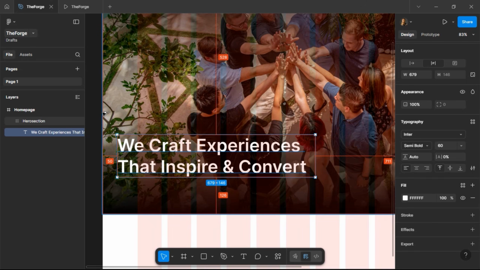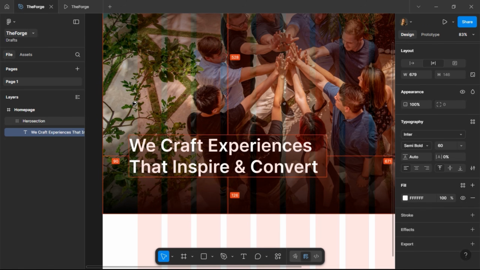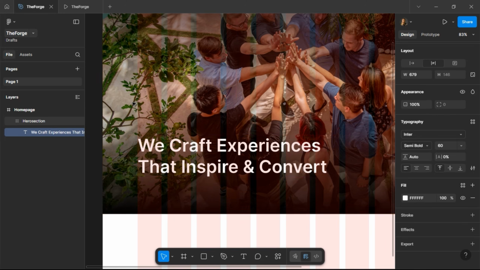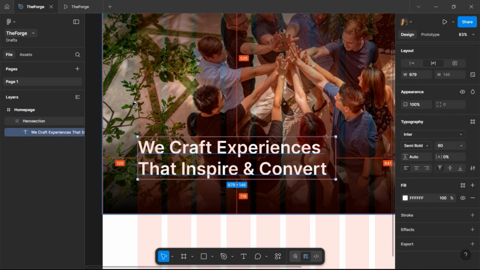So if you're wondering how I'm able to actually get the distance, I'm holding the Alt key on my keyboard while hovering on the hero section to be able to see the distance. You see where my mouse is, so just hold on to Alt on your keyboard and place it anywhere around the hero to be able to see it. So now this is 120, and below here we want to have something like